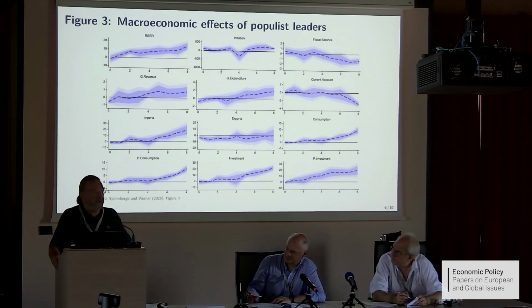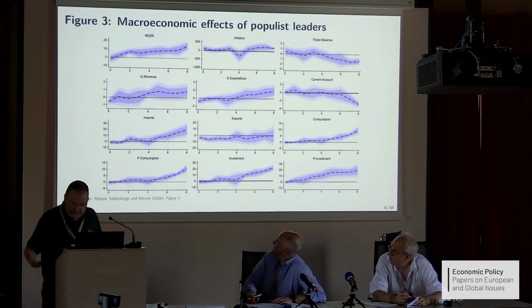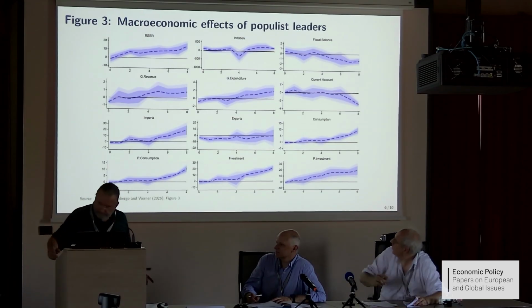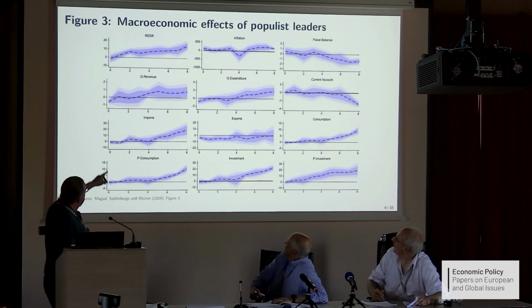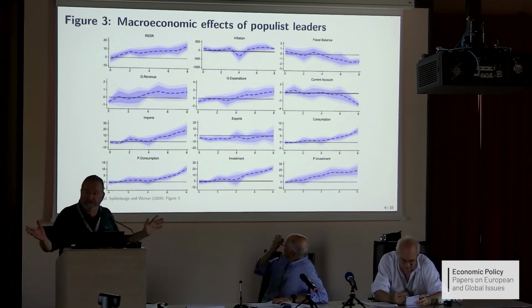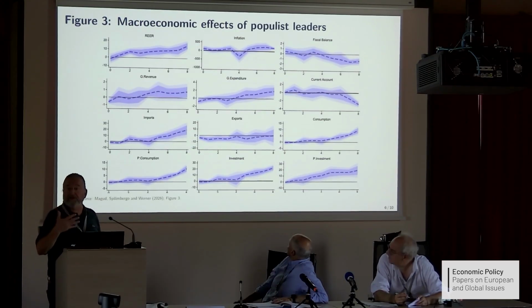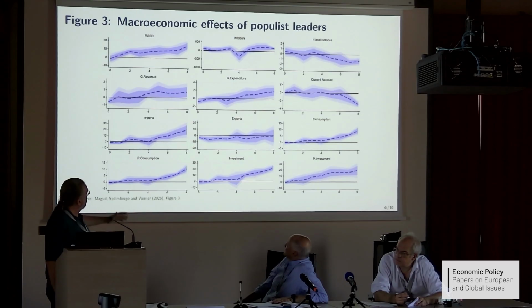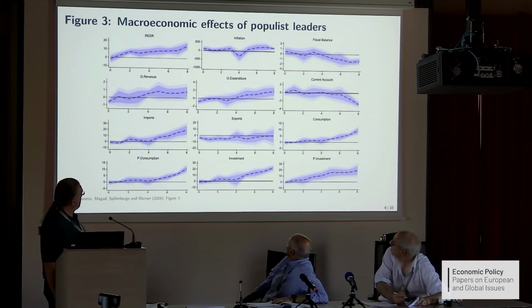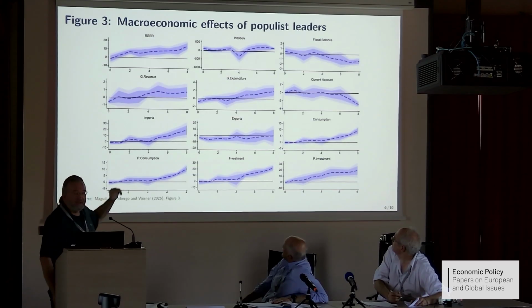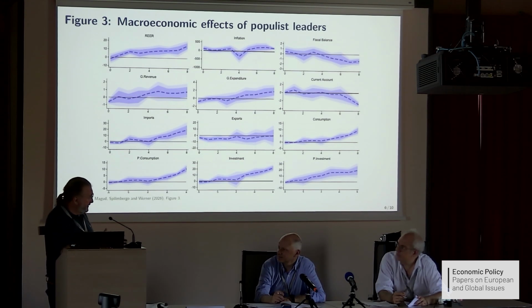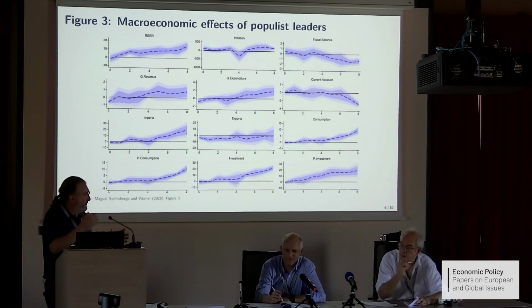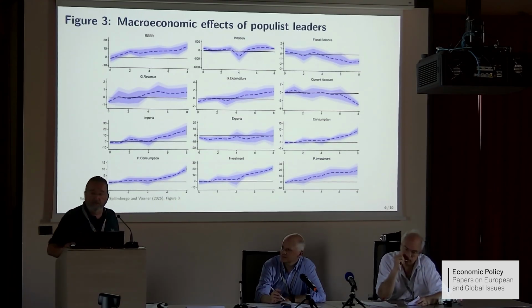We observe clearly in the first panel there, I don't know whether there's a pointer. No pointer? With the hand. Okay. Yes. Oh, you see my hand. The first one on the top, the real exchange rate appreciates. That's fine. That we can see. Although I didn't know immediately why that would be. Inflation is basically not affected. The fiscal balance worsens after 6 years. The average tenure of these governments, or these leaders, is about 7 years. It changes a little bit with the sample, but it's 6, 7 years, sometimes 8. That would be the median or the average of these guys.